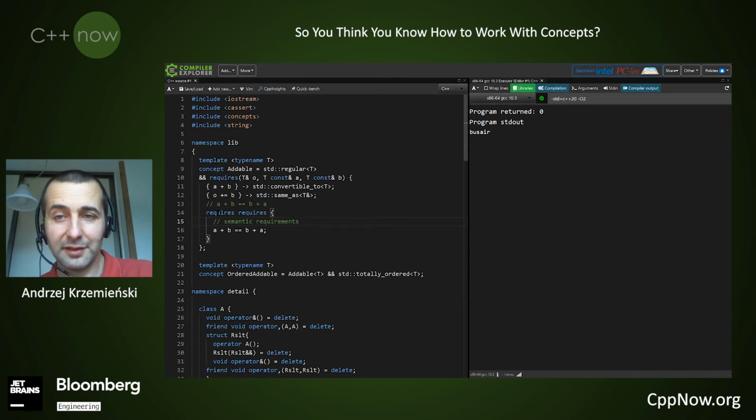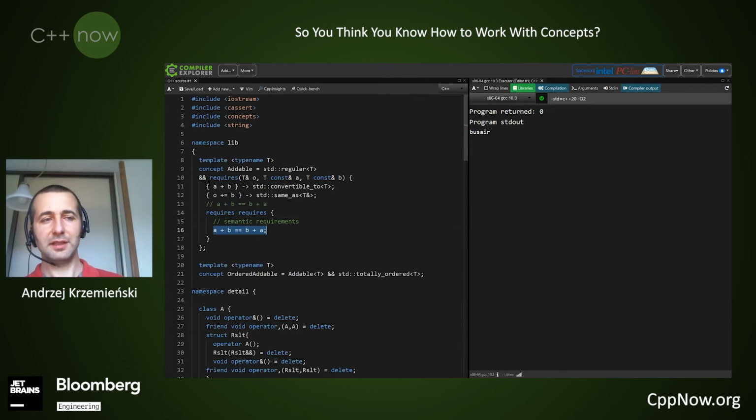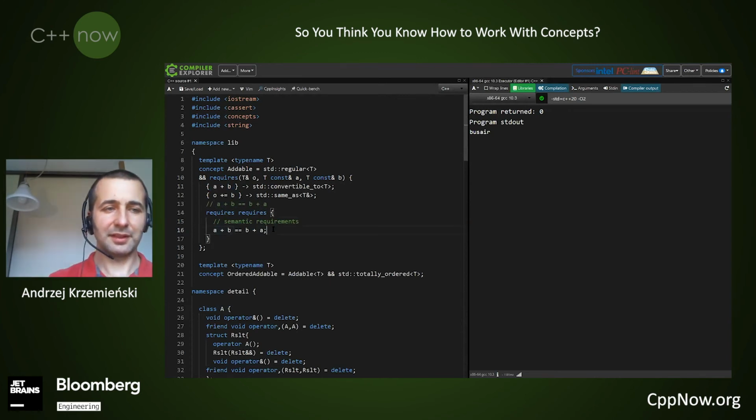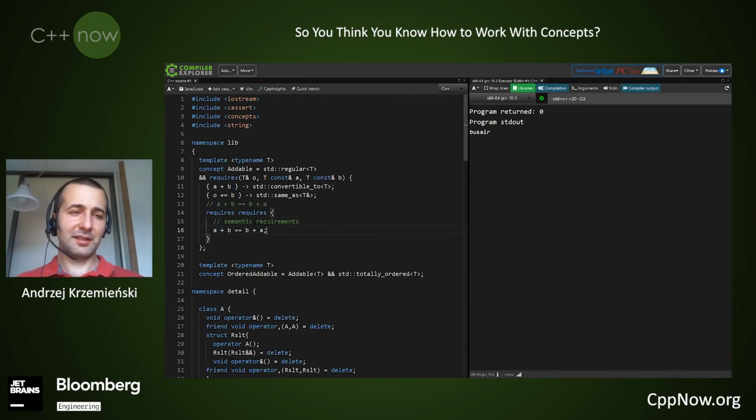But in this case, this is exactly what I want. I want to draw your attention to something special. It doesn't add any value syntactically, because it requires that this expression is valid, but obviously it's valid. I already require plus and plus equals, so this is nothing new. But because it's so fishy, you may start to suspect that something is going on here. But maybe not. So it's not a perfect solution.